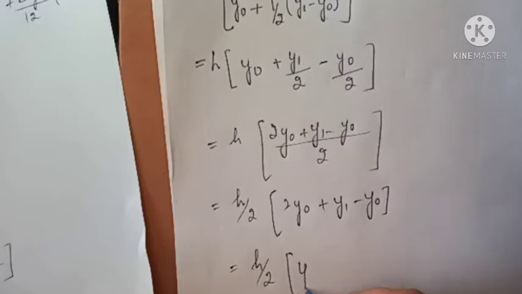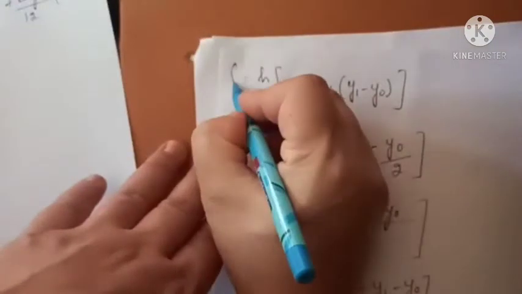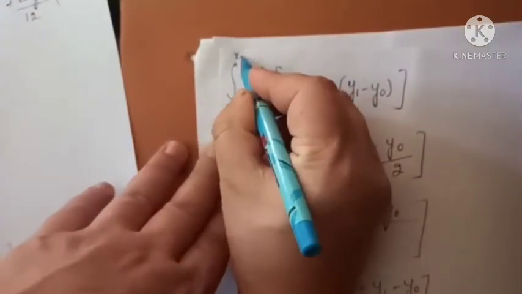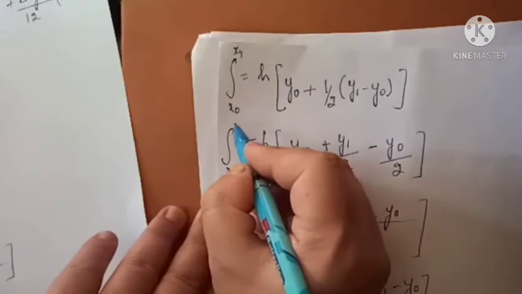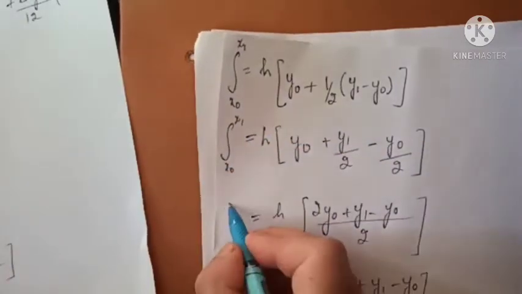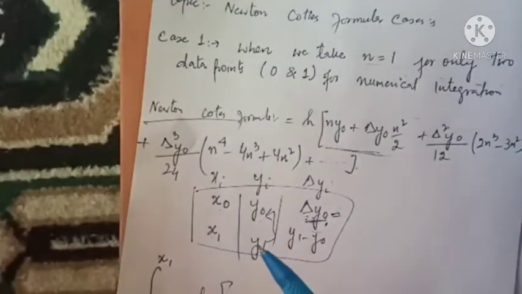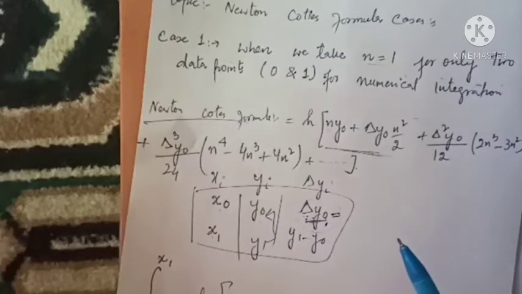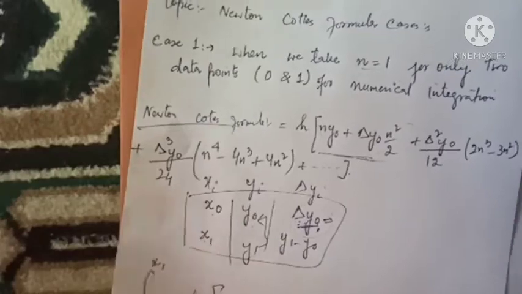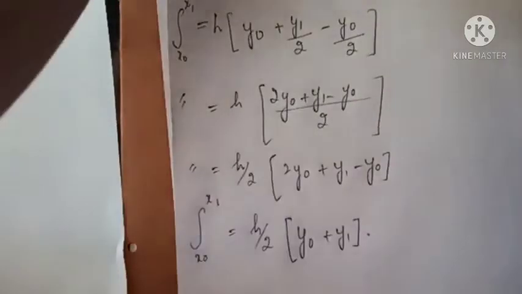This will be y0 plus y1. Now you know that this is the integral between only two data points, from x0 to x1. Sometimes, if I am having n number of data points, I have to make the division of two data points and generate the formula. So I can write over here,